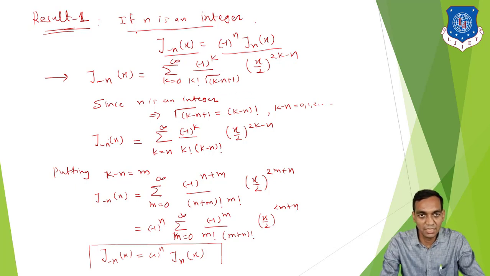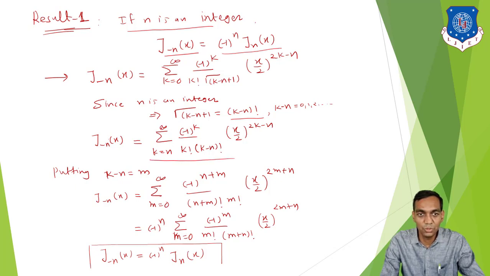If n is an integer, here we have written the result for integer. So this is integer, k is also integer, so this can be written in the form of k minus n factorial. Now k minus n is starting with 0, 1, 2 and so on. Then only you have the factorial value, otherwise the factorial value is not possible. Correct? So that means k is starting with n. Here if you add n on both sides, then k is starting with n, then n plus 1, n plus 2.